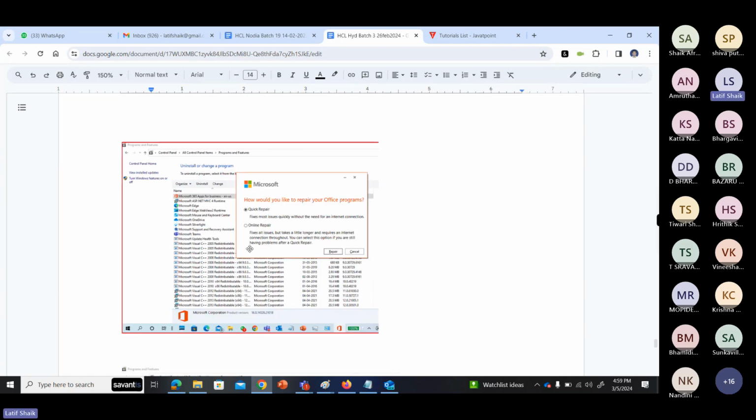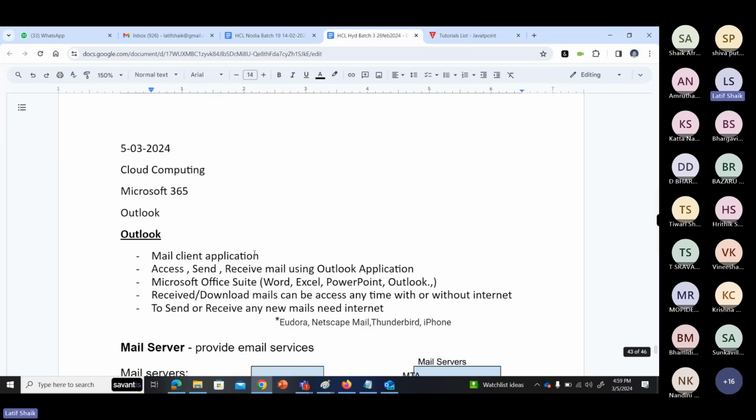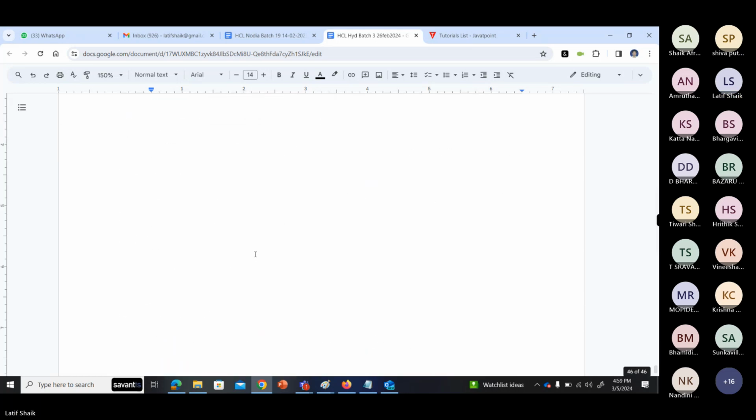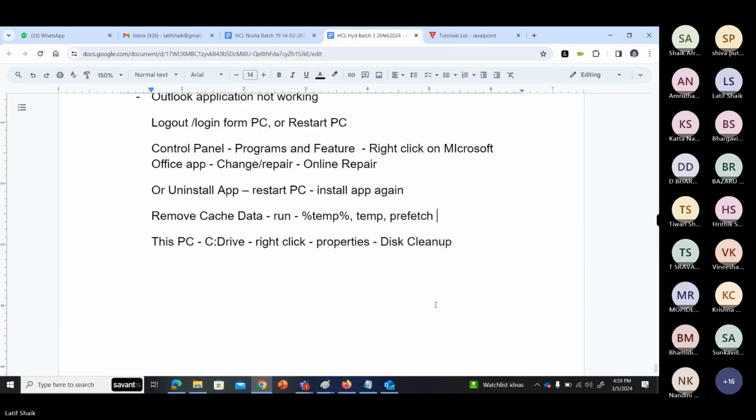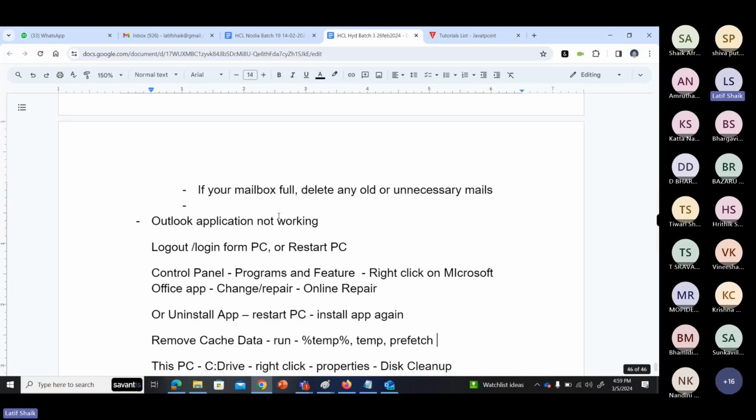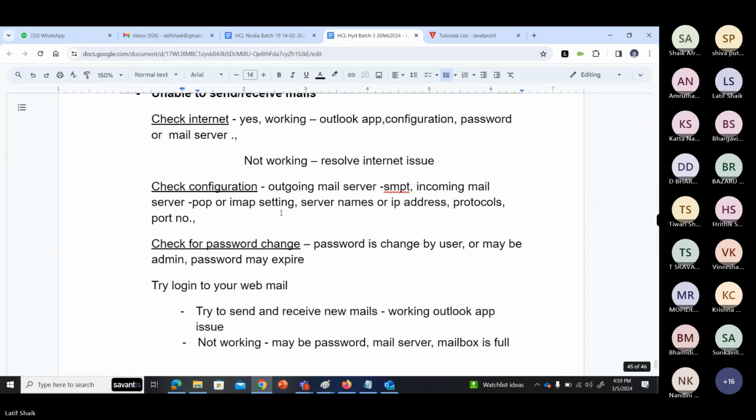Okay, this is the application troubleshooting. Or you can uninstall the application, restart your PC, and reinstall the application. Try to delete some cache data from %temp% and prefetch, and do the disk cleanup. It may help you to open it. One more cause for application related issues is there. That is